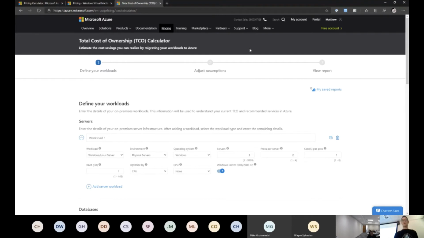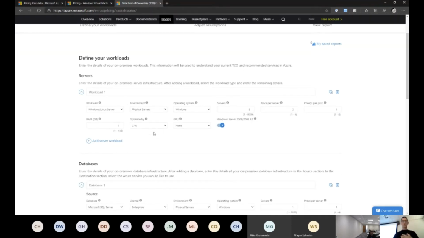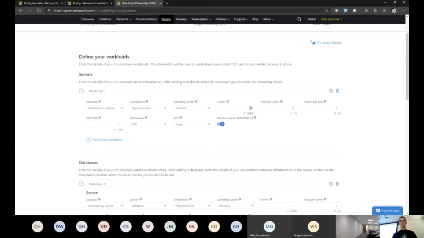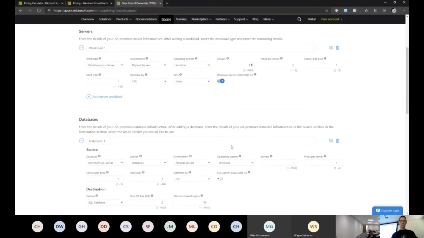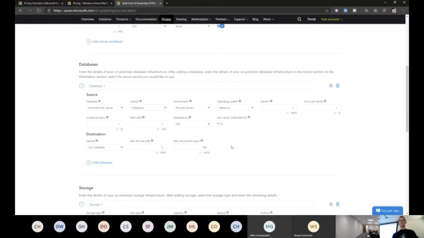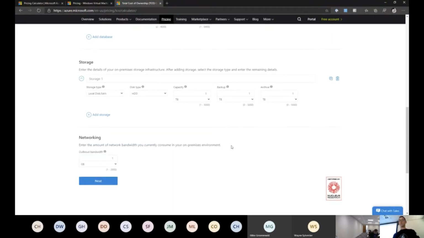All right, so the total cost of ownership tool, it's another tool. There's the URL pricing TCO calculator. Again, you can sign in so that you can save these reports and export them. And so I've got a workload, and I've specified 3 Windows servers, and they're physical servers on premises. So I'm going to input them as physical servers with 2 processors per server with 1 core per processor, and I've got some database and some storage,